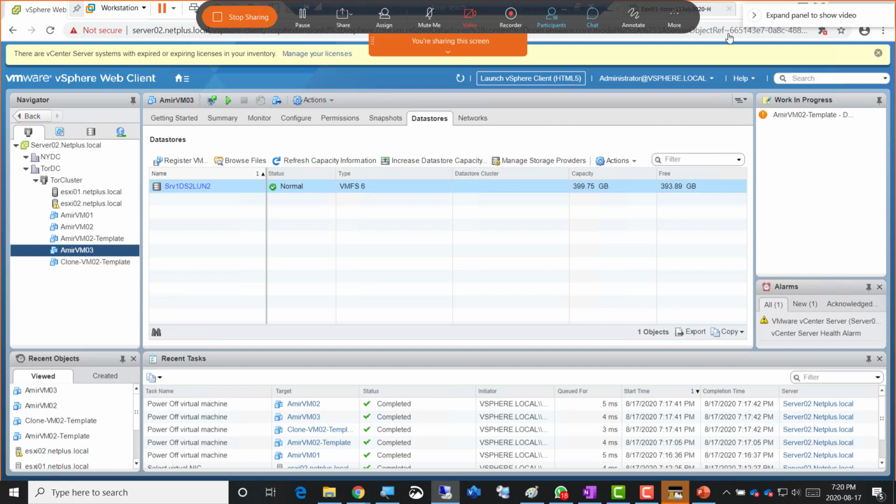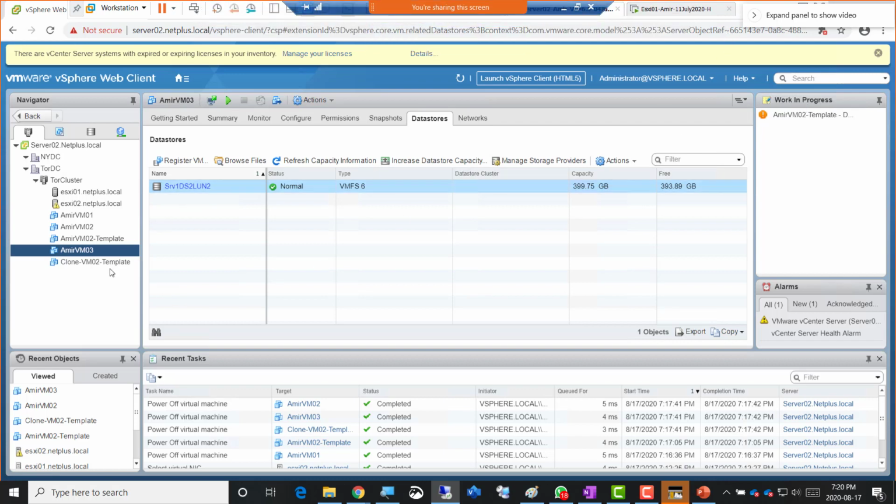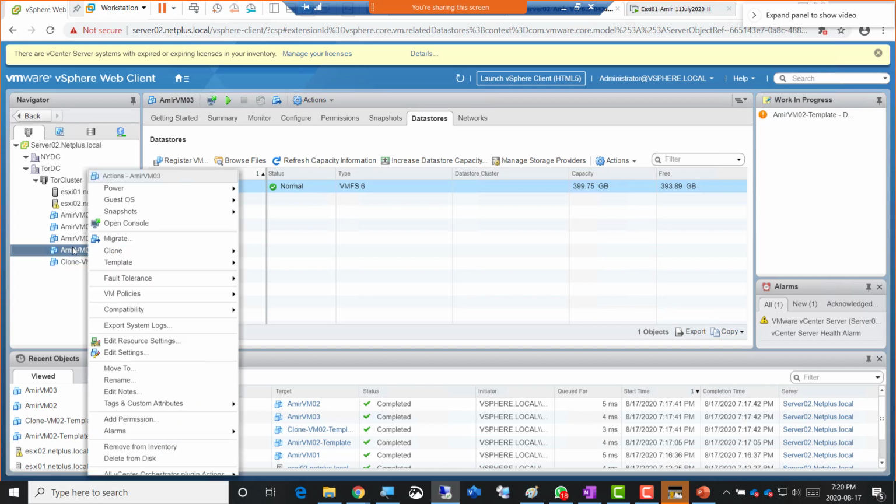So whatever error you get, just take a screenshot. That's good enough for me. But try to make it happen as much as you can, and whatever's out of your control, so we understand that. Okay, so VM03, and I'm just gonna right click on top of that VM03,